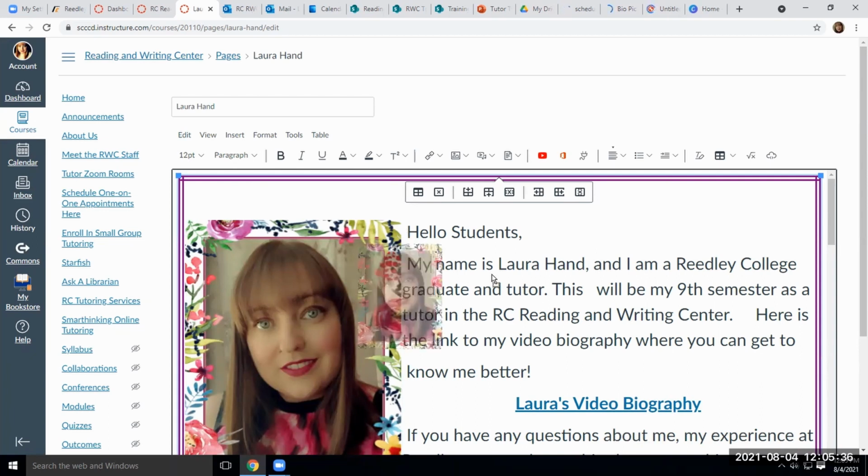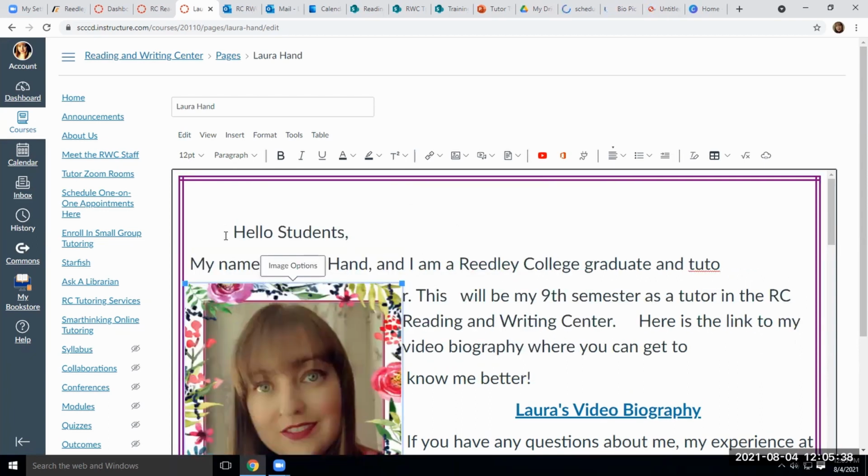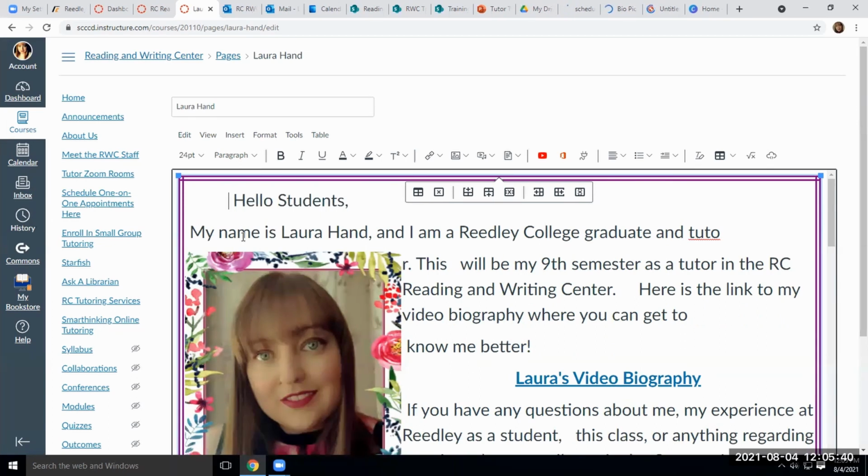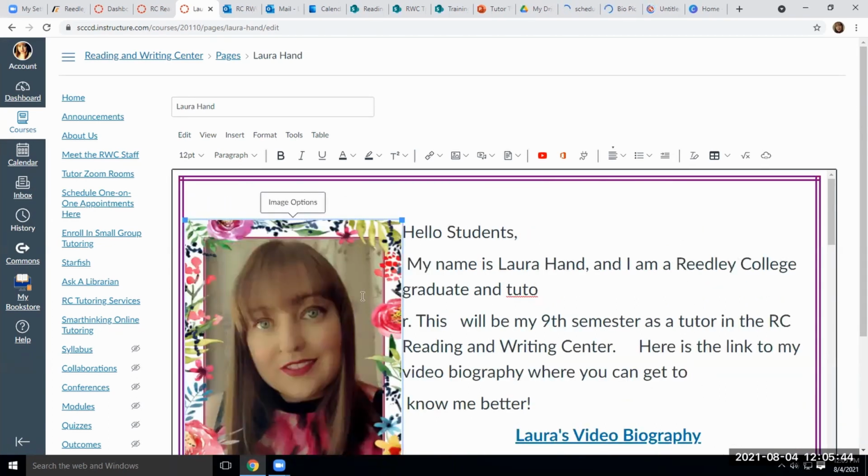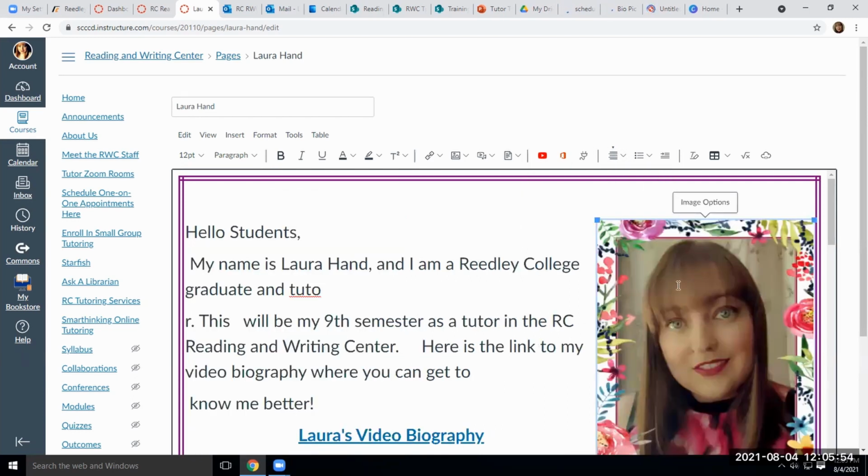So you just have to play with it a little bit and move your text around until you're happy with it. I like my photos on the right. I don't know why, or on the left, that's my preference, but it's easier to get it to wrap if you set your photos to right aligned. Wherever you want to put your photo, whatever's easiest. For whatever reason, I prefer mine to be on the right,